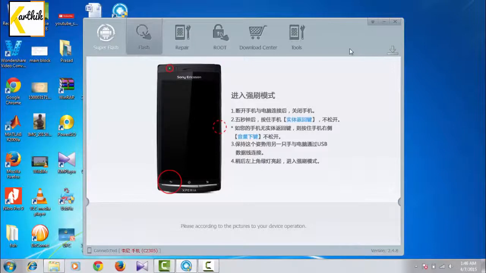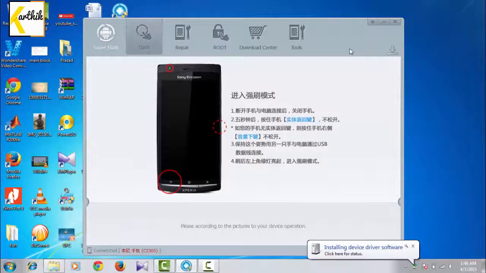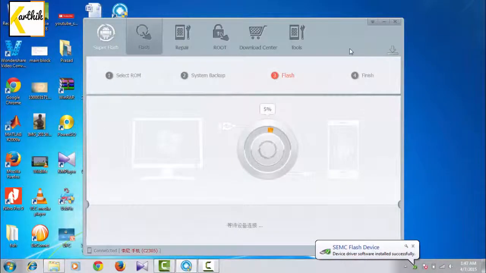Okay, after 1 minute you can connect your device to your laptop or computer by holding the volume down button. Don't turn on the device again, just keep it switched off, but while connecting just keep pressing the volume down button. Don't press repeatedly, please hold the volume button pressed only, then connect your USB cable, and you can see it is showing that it is installing the driver, and it is showing a success message.